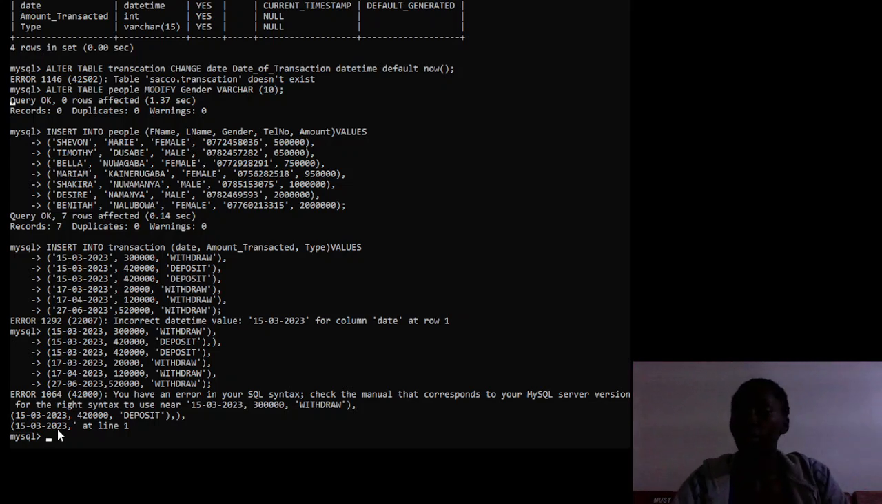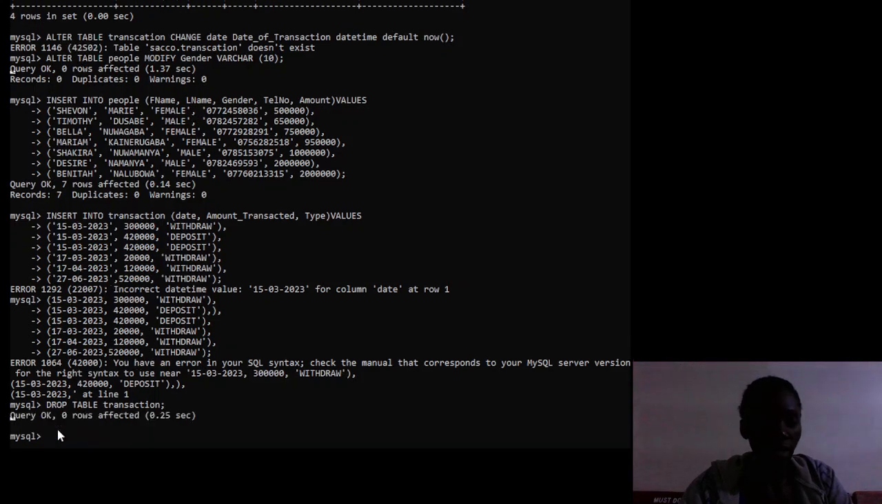So another thing you can do with this table, since it's bringing some errors, you can first decide to drop it. When I describe transaction,